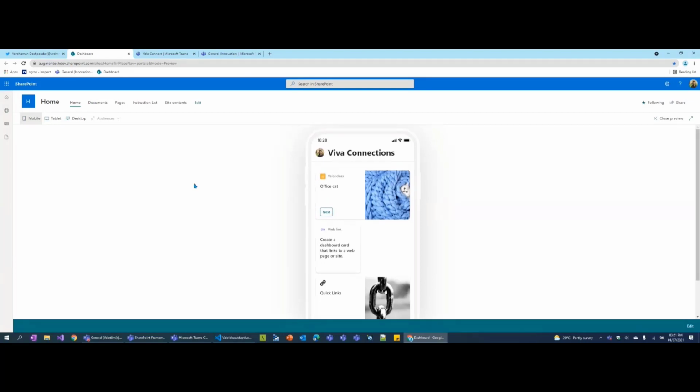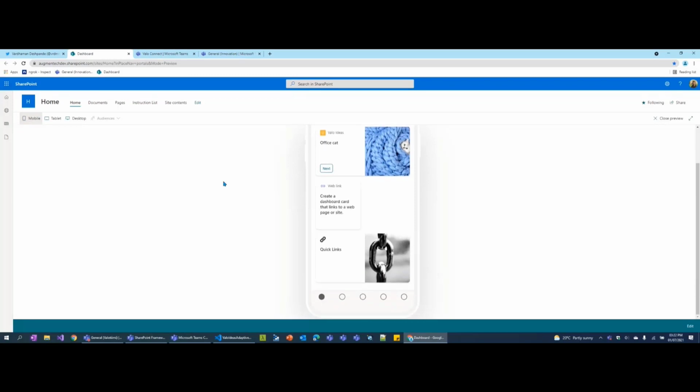So what is Viva Connections basically? In my head, it's a mobile first experience. It's going to be a Teams mobile first experience. There will be a Viva Connections Teams app, which will be released in the future at some point, maybe sooner or later, which you can install in your Teams environments. When users go to that Teams app, either in mobile, desktop or web, they will be able to see different things like SharePoint resources and your custom applications.